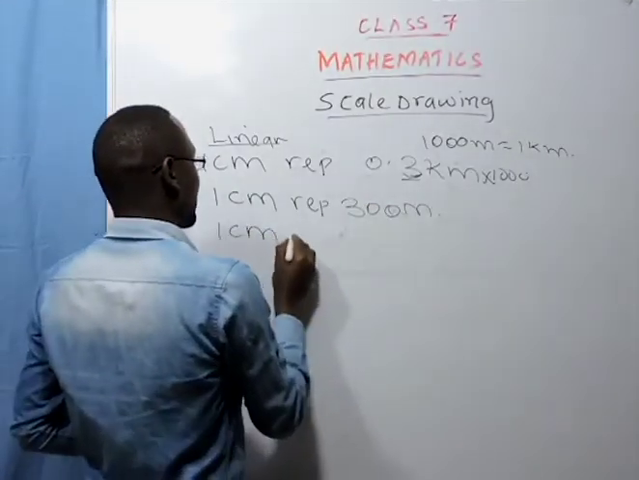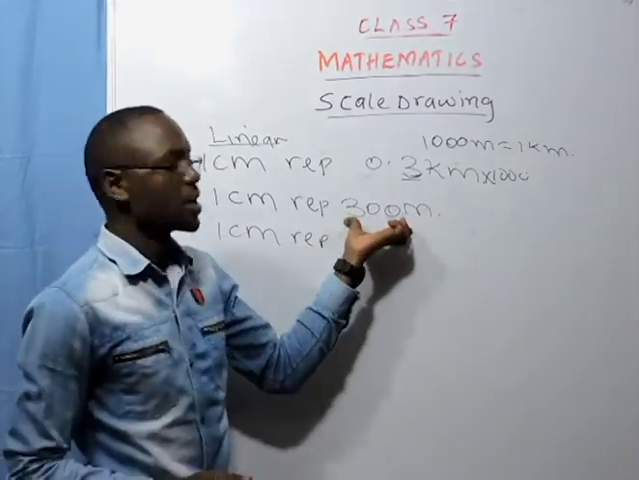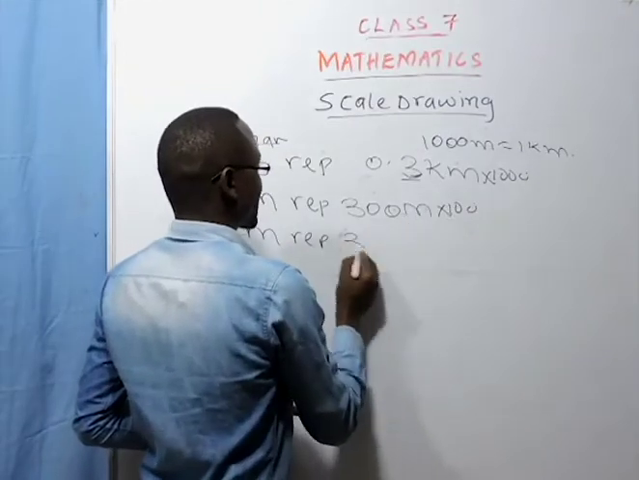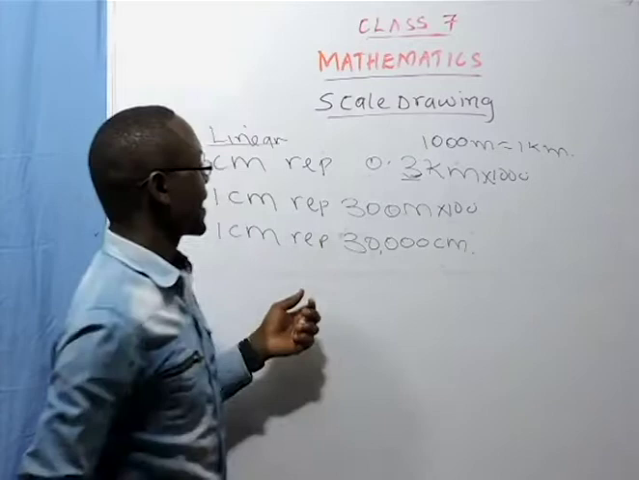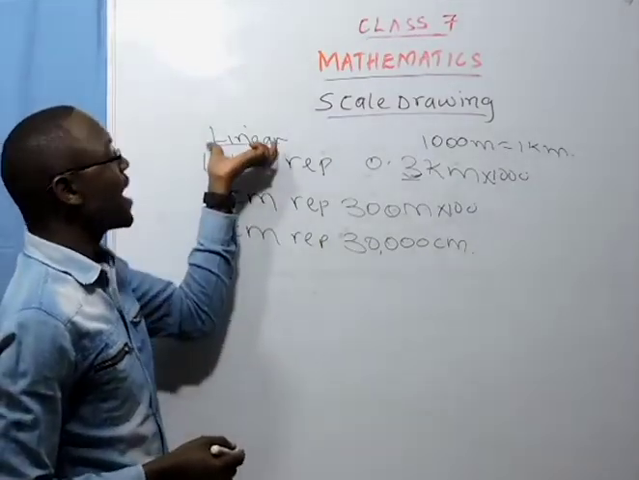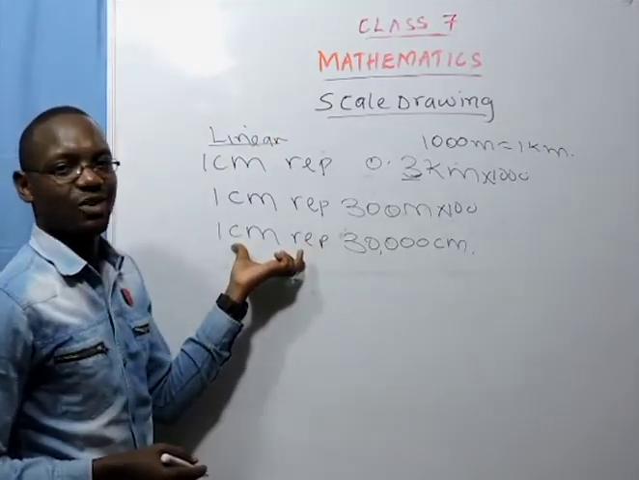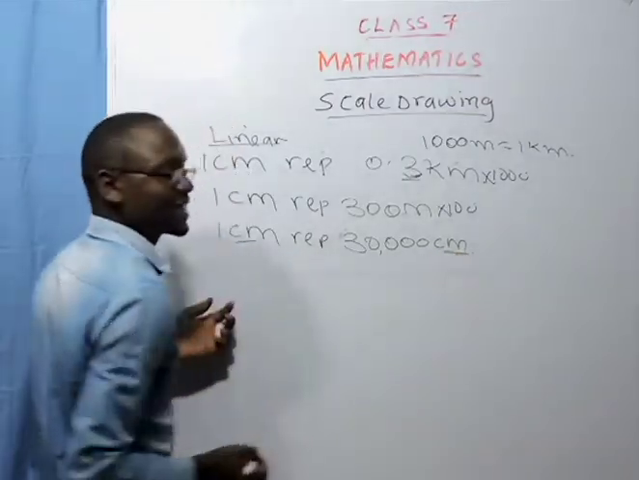1 centimeter represents how many centimeters? Convert meters to centimeters, multiply by 100. So 1 centimeter represents 30,000 centimeters. This is still the linear scale. We have not gone to the ratio scale. Because now we have centimeters and centimeters,